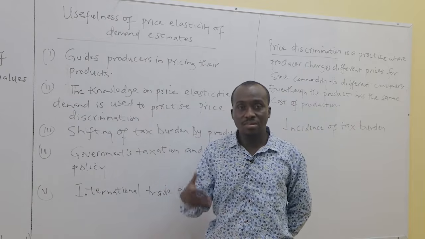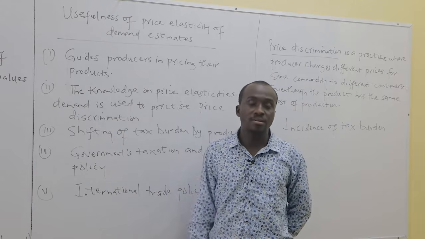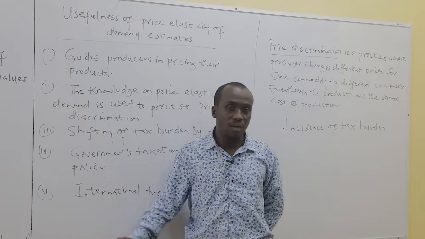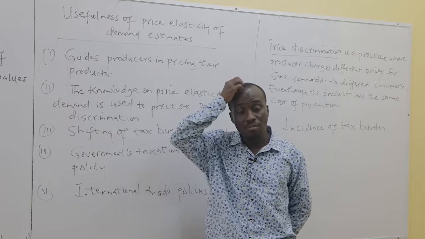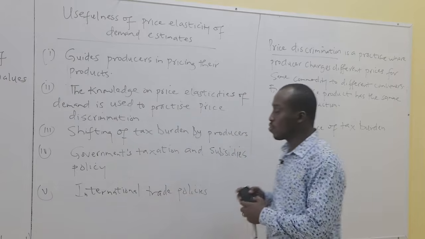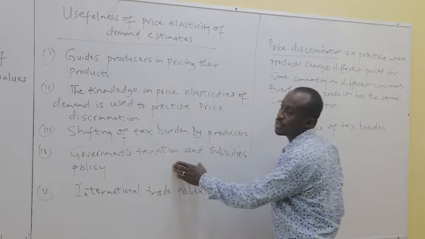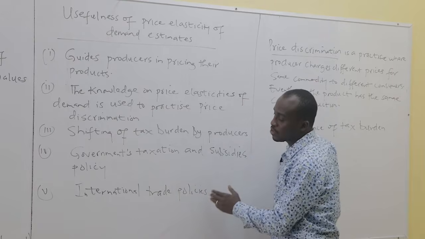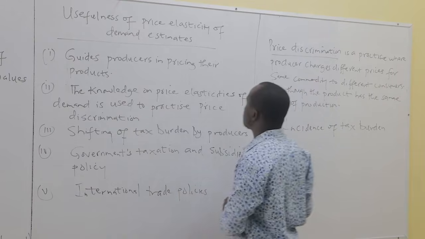Government can impose less subsidies on goods that are inelastic. Because maybe government and these people, even if the price is high, they still buy. So there's no need to give them more subsidies on goods that are inelastic. So government can look at goods that are elastic, give them more subsidies, and goods that are inelastic, give them less subsidies. Again, when it comes to international trade policies,